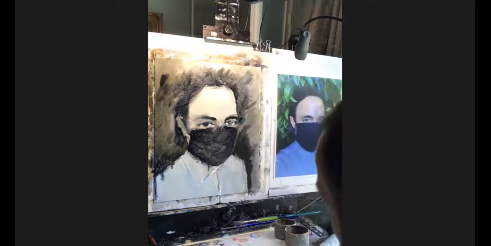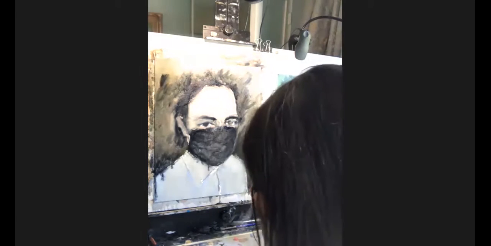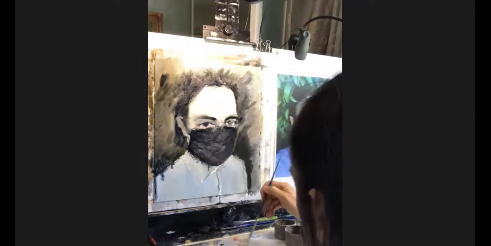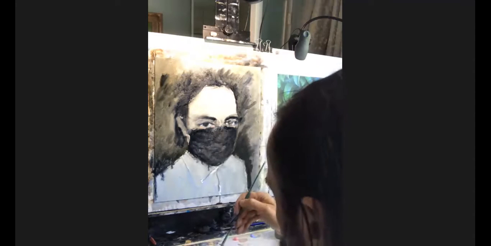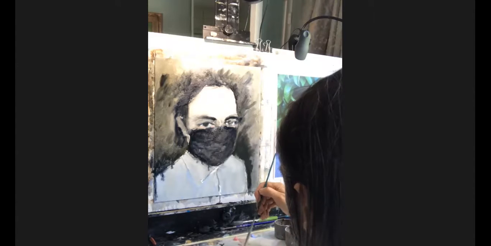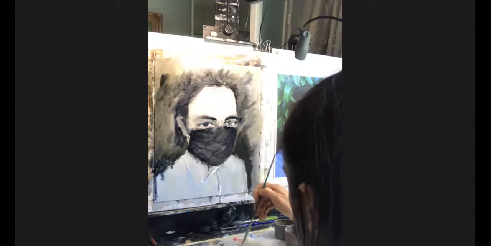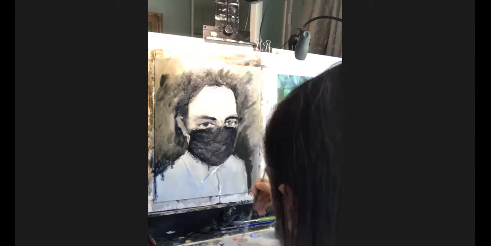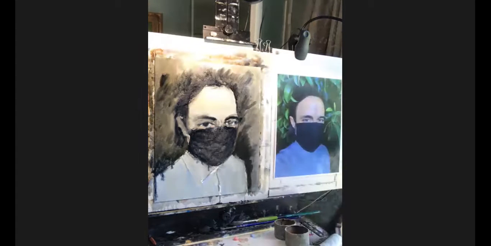Or I could lighten it with the ecru and perhaps a tad of white and a little bit of the pink. That could give you also more of a specific flesh tone, depending on what you're doing. But yeah, start with the base and then